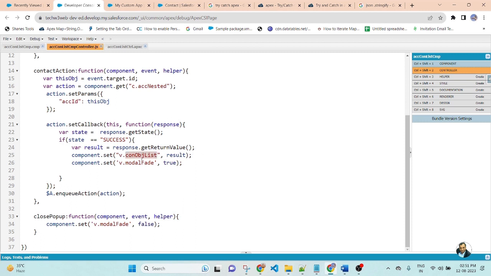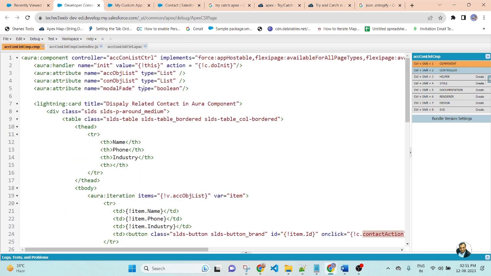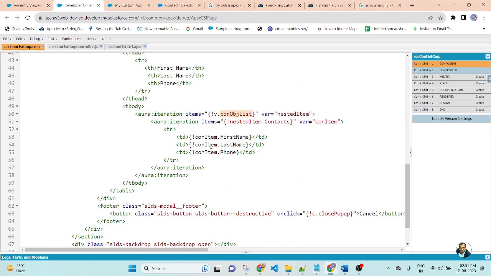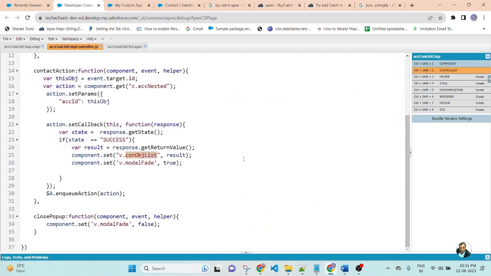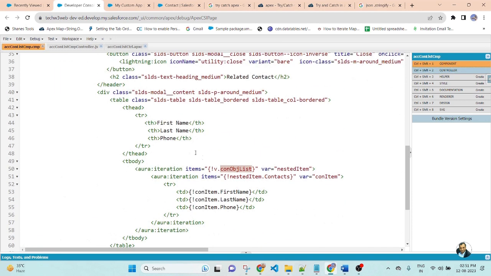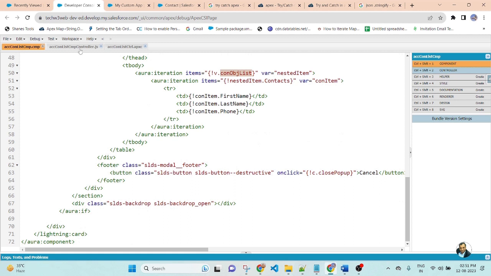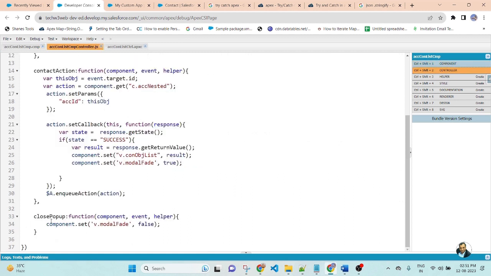This is a contact object list, a list attribute. This attribute is called in the Aura iteration here, and this is the modal pop-up. Here I am setting the true value. So after success, I set the true value for the modal pop-up. Then if the modal pop-up is true, it will be visible. And this is a function to close the modal pop-up.